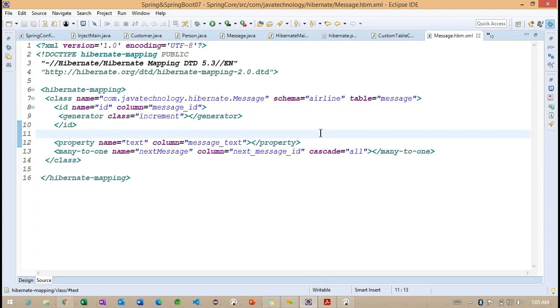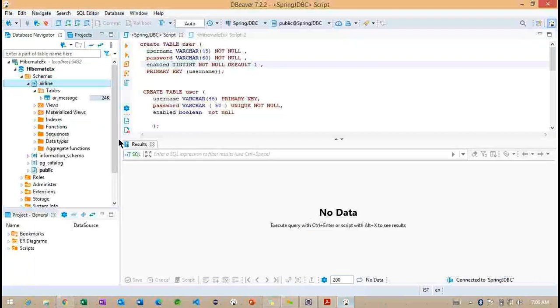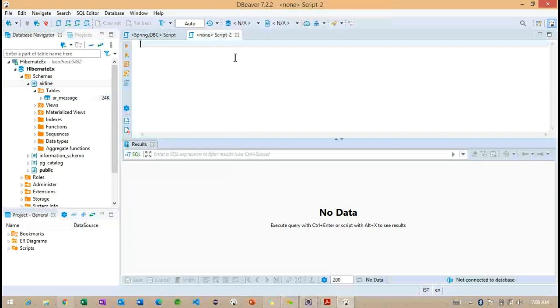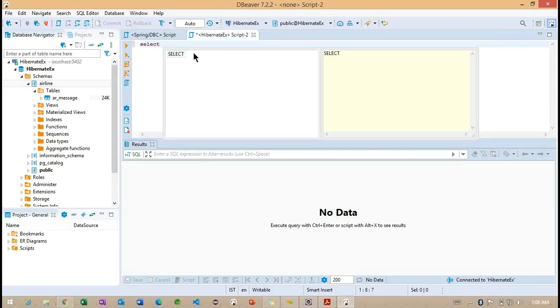No, we did not specify AR underscore here. But how is the prefix added? Getting the point, how is this prefix added? You can see this table does not contain any prefix information here. But if I check this table, we have AR underscore message. And let me go for this particular EX here.